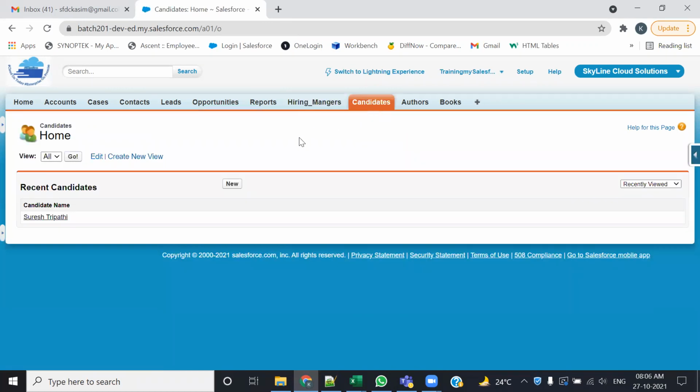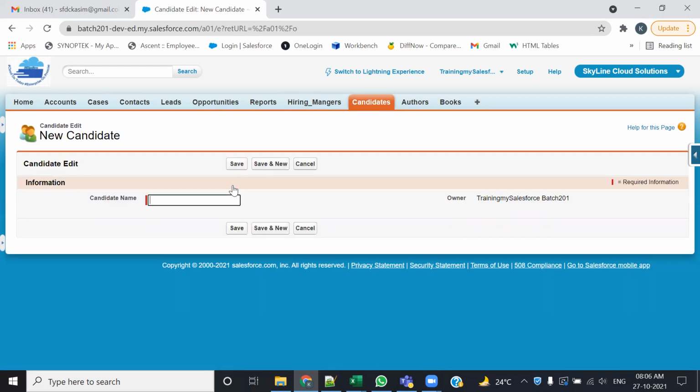So we could see that we have created one of the objects called candidate. The candidate object also doesn't have any fields apart from this Name, where I could enter the records, right? So